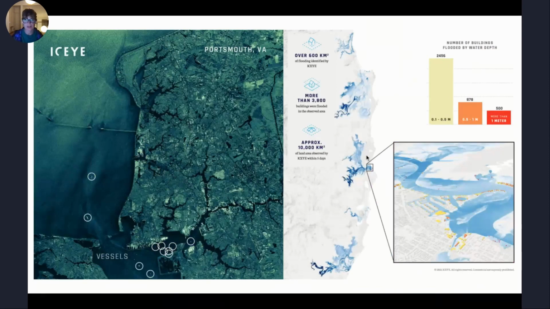So to show you some examples here, we definitely leverage SAR quite a bit for flood analysis. In Australia, we performed machine learning applications to evaluate approximately 10,000 square kilometers of coverage to look for some of the recent floods. And we can also do things like object tracking and identification, and heading in the case of vessels.